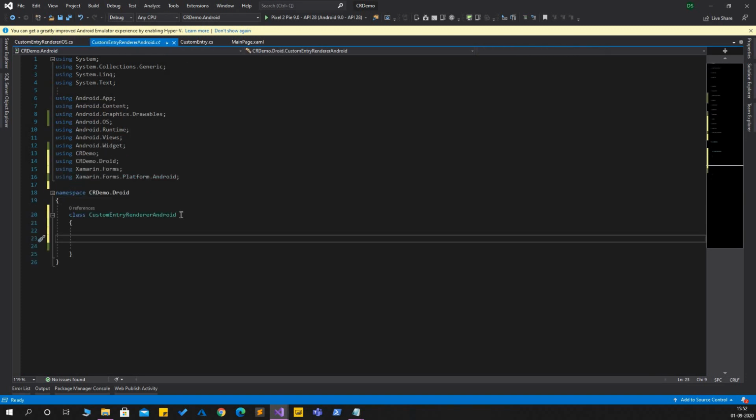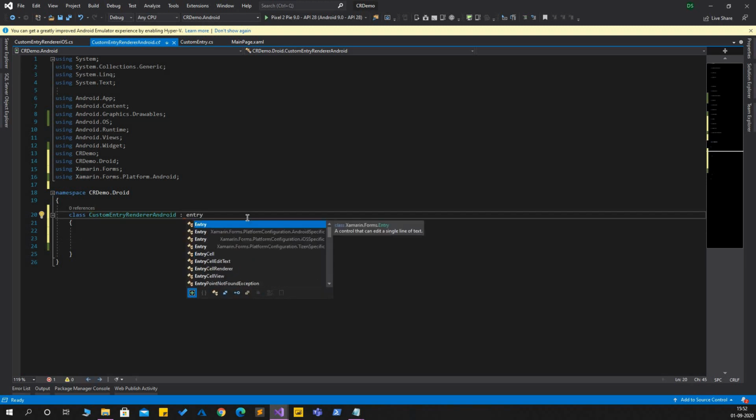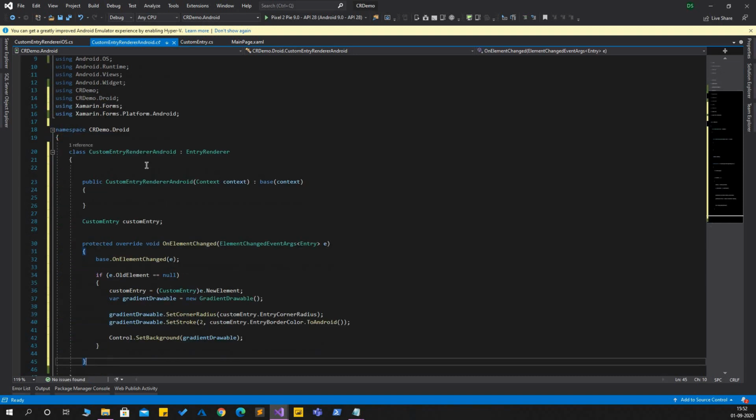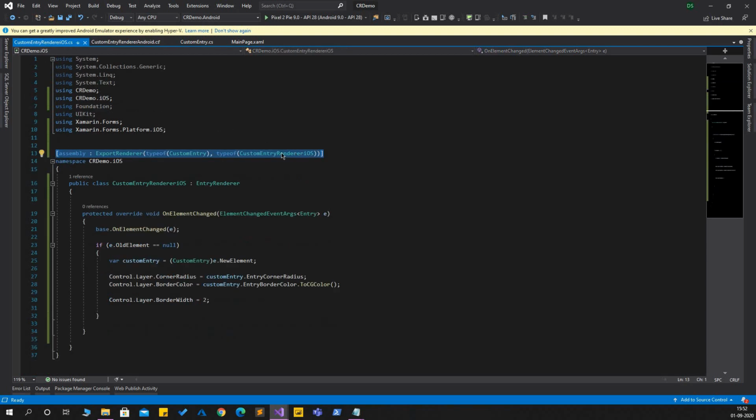First of all, this will inherit from entry renderer, and I'll just copy paste the code that I have for Android, and we also have to add the assembly reference.